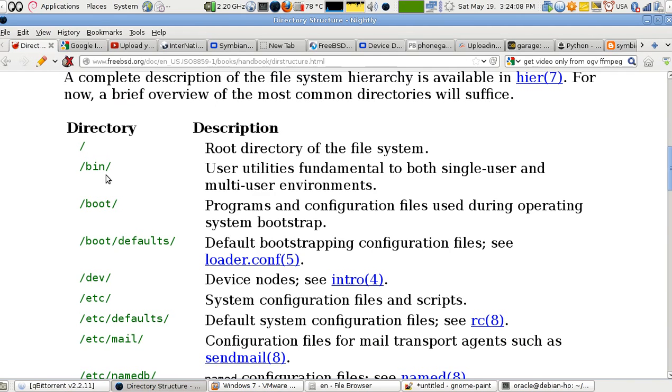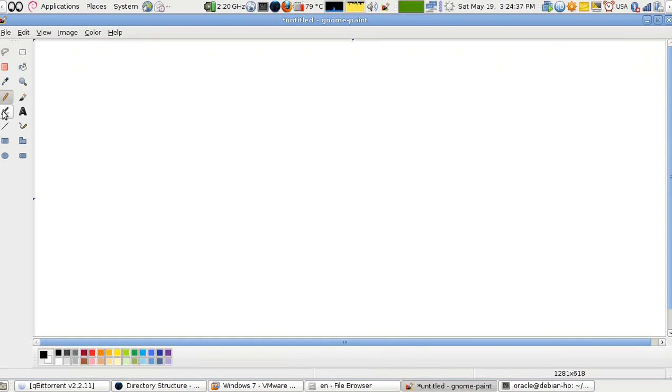From which different folders, and maybe different folders pointing to real partitions and real drives, on this tree. So I don't have something like C or D or whatever like what we have in Windows. We have just the slash. From the slash we have a directory tree structure, which is like an upside down